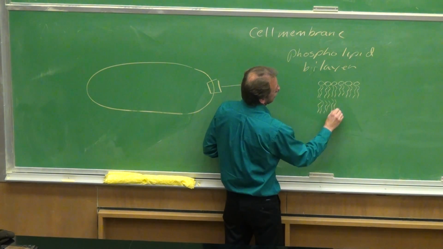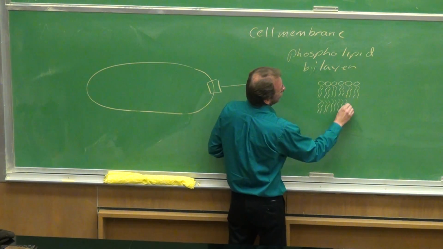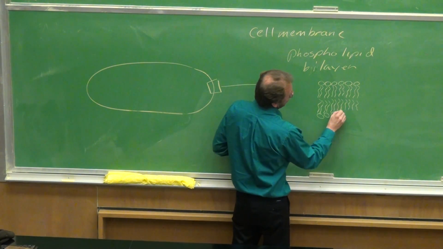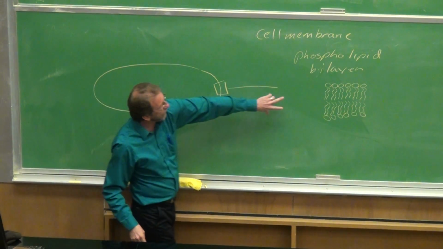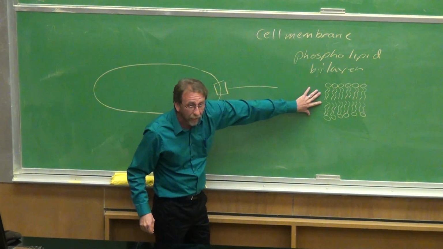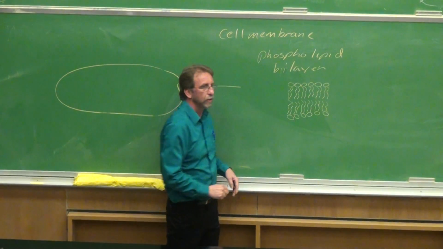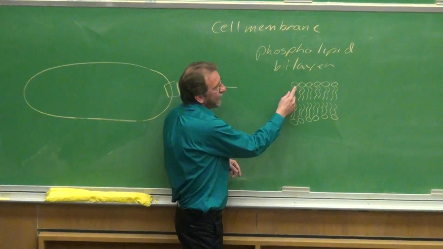Is this layer composed of the fat? No, this is the cell membrane. The outer part? Yeah, so we've got a phospholipid bilayer here, and it's composed of two of those phospholipid layers, and the phospholipid